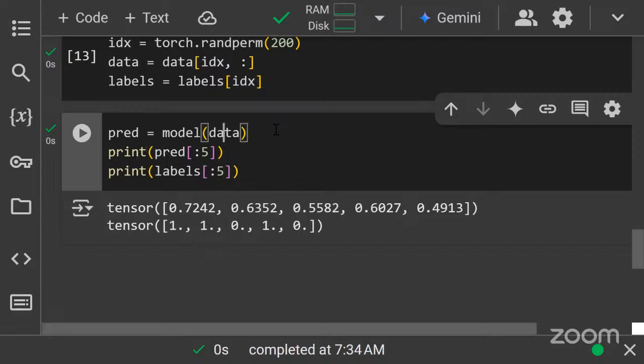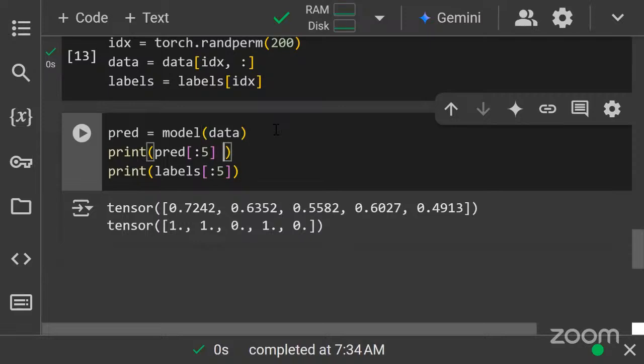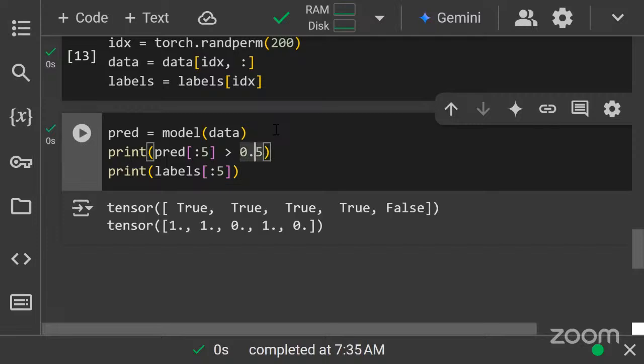And to actually compute that, what you could do is, first of all, threshold your predictions by doing this: greater than 0.5. This will convert the tensor into a Boolean tensor filled with true and false. And then I'm